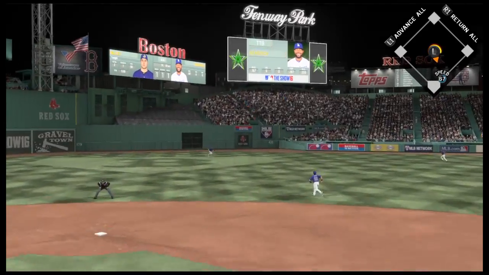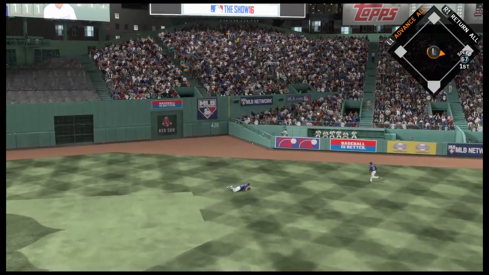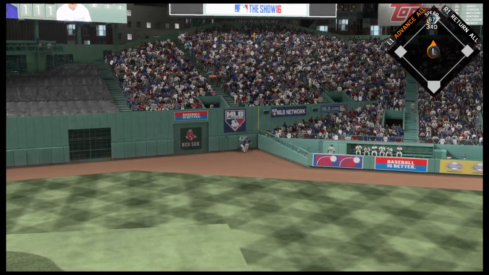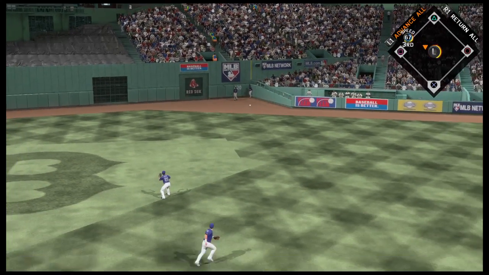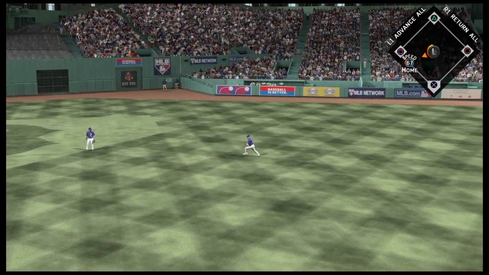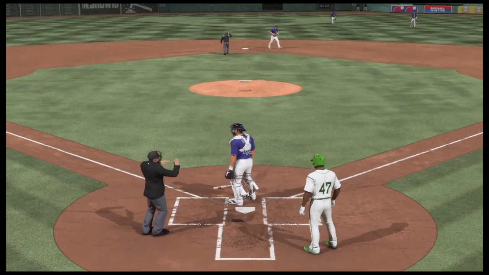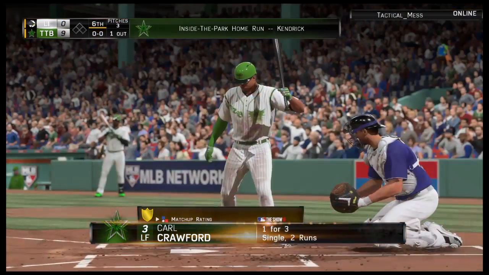Shot toward right center. And a diving effort in center, but it's going to skip right on by him. And this ball needs to be retrieved way out near the 420 sign. Oh, and he runs right through the stop sign. And he gets there for the most exciting play in baseball, the inside the